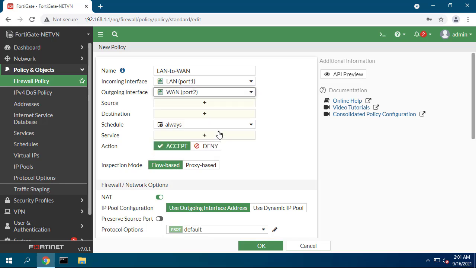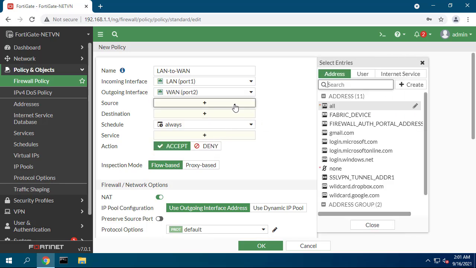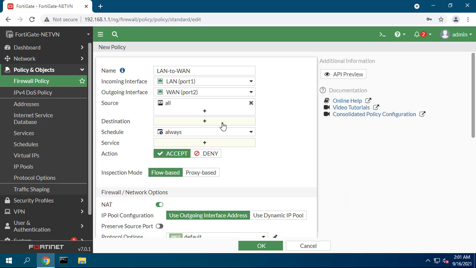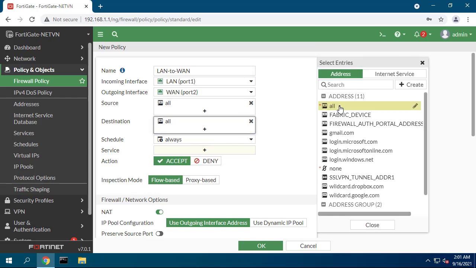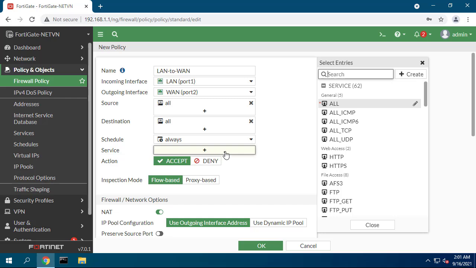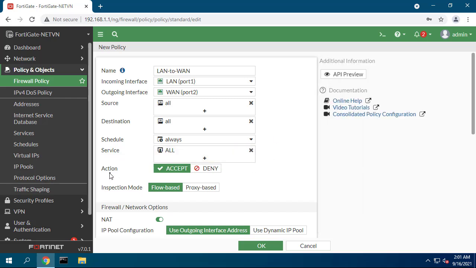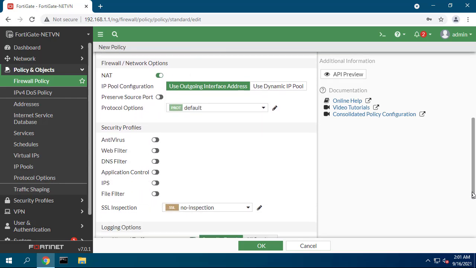Set the incoming interface to the LAN interface and the outgoing interface to the Internet-facing interface. Set source, destination address, schedule, and services to all. Make sure the action is set to accept. Turn on NAT.